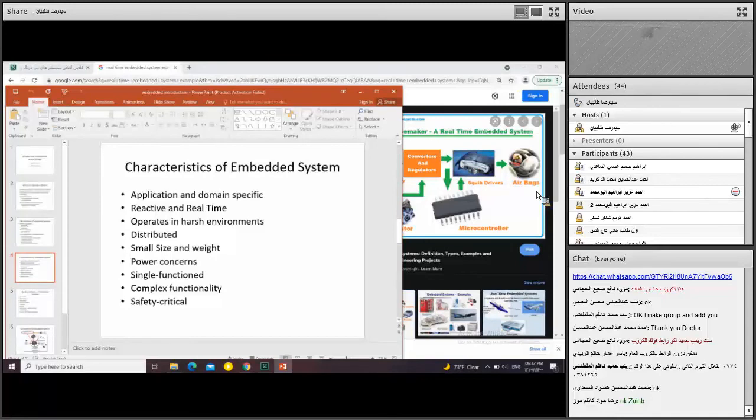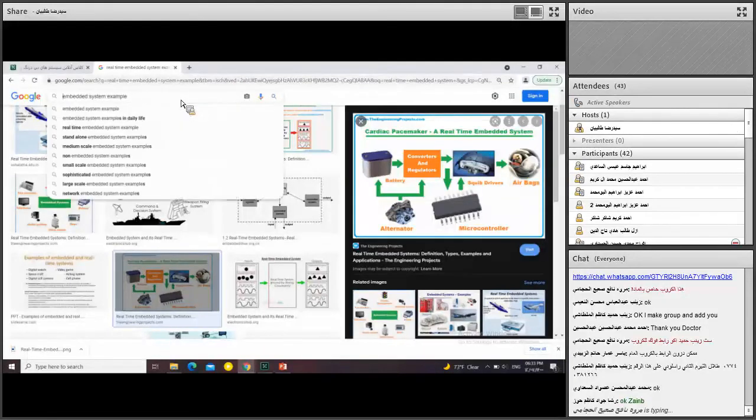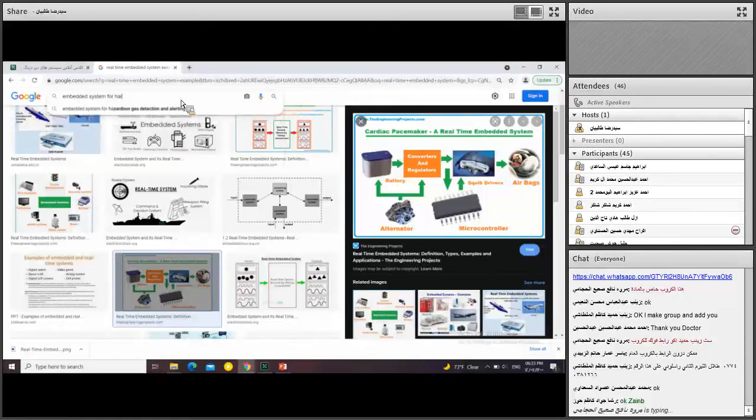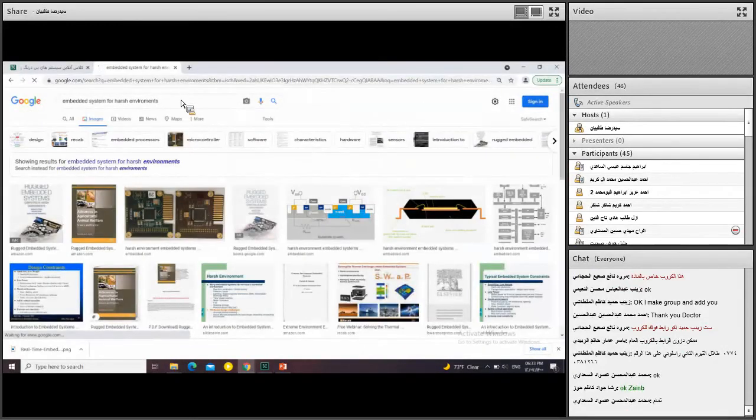Let me write this: operate in harsh environment. Then we can write like this: embedded system for harsh environments. Okay. We must know that